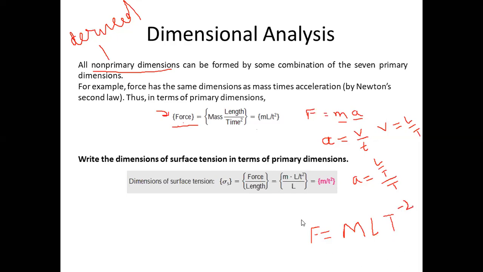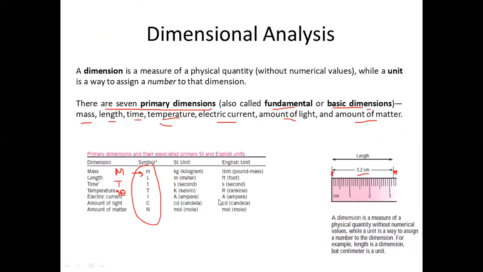I'm repeating the whole concept again. In the previous slide we saw that there are certain 7 fixed dimensions which you can measure, and to measure these dimensions you cannot use any other things. So these are the independent dimensions. For length, you cannot derive length from some other quantity. So length is an independent dimension.